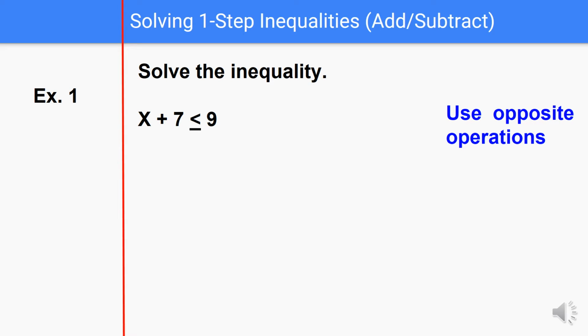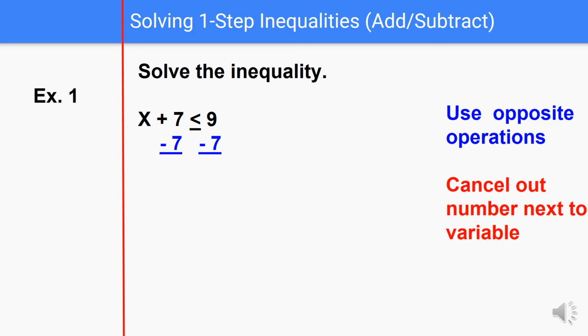So if we use opposite operations here, since the opposite operation of adding 7 is subtracting 7, we would do that to both sides of the inequality. So subtracting 7 on the left cancels out the number next to the variable. That's why we did it, to get rid of the plus 7. But on the right,